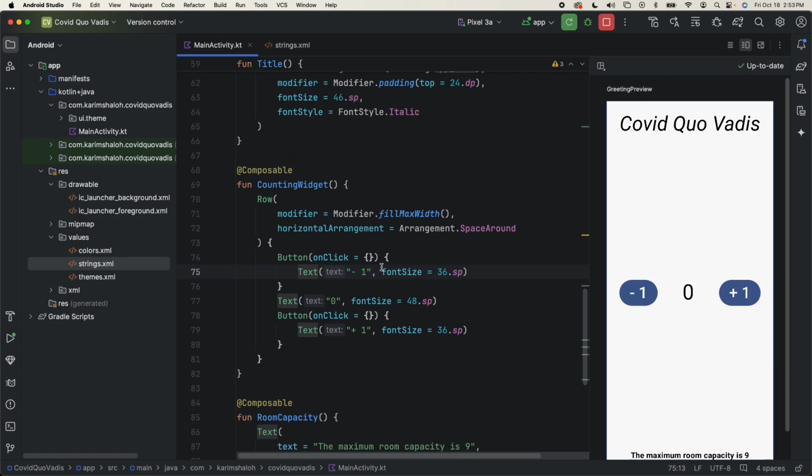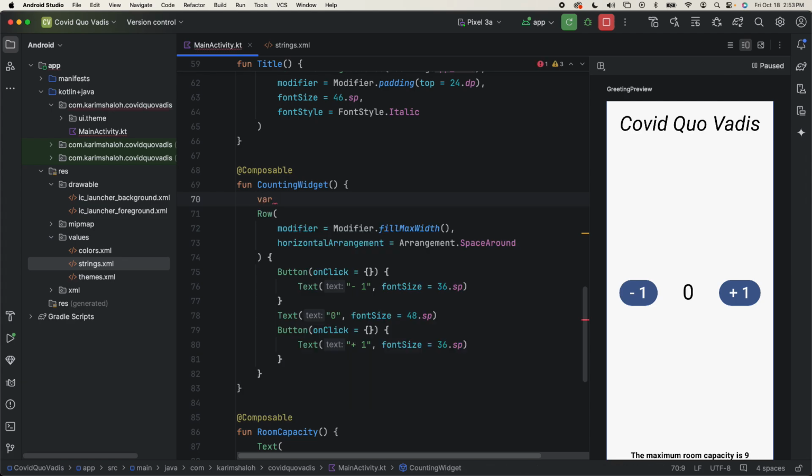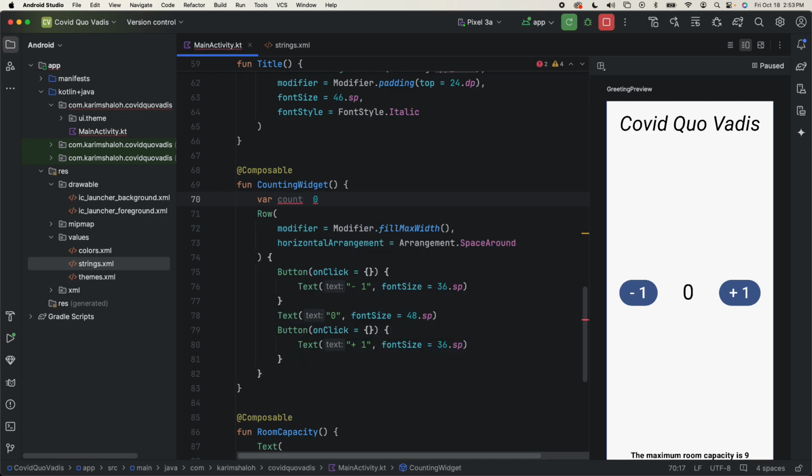So the first thing we want to do, we don't want to hard code the 0. That should be a variable. So var is how you would declare a mutable variable in Kotlin. That means you can rewrite this variable over and over. If you want to be immutable, we say val for value. In Kotlin, it's the same as const in JavaScript. It won't let you rewrite. So because this is going to be a variable that's always changing, we want to make it a var, count, set it to 0, and then here,